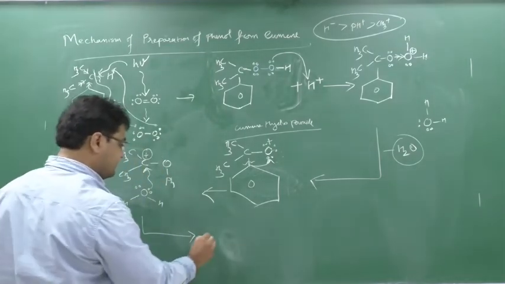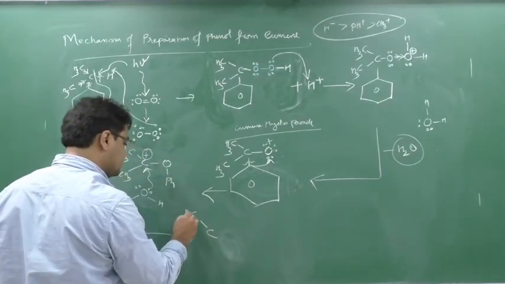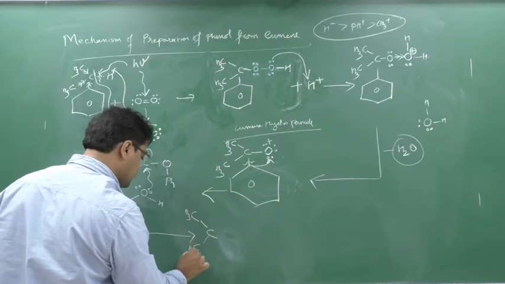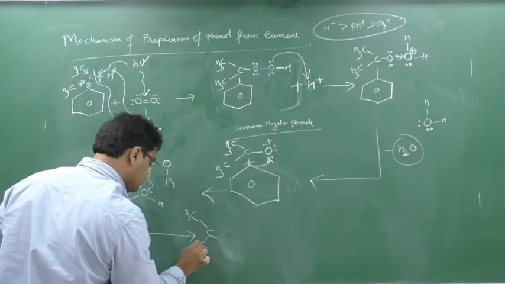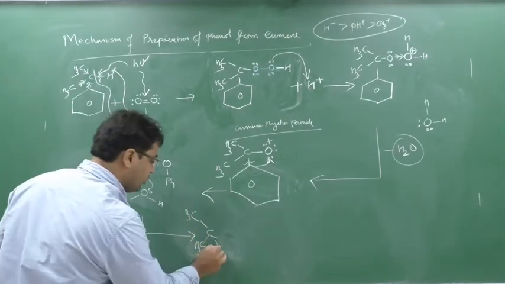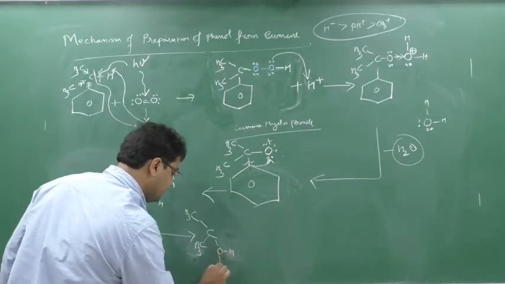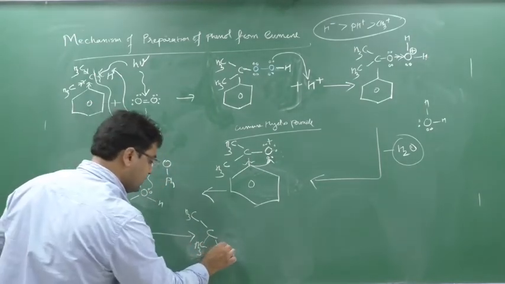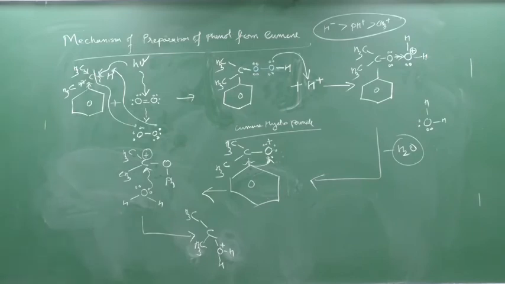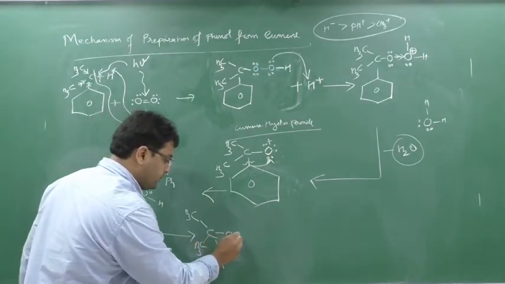What change will take place? First around C, here CH3, here CH3. And here there will be O, here there will be H, here there will be H, and the plus charge will come here because oxygen has donated its electron. Okay, and here OPh will be there.